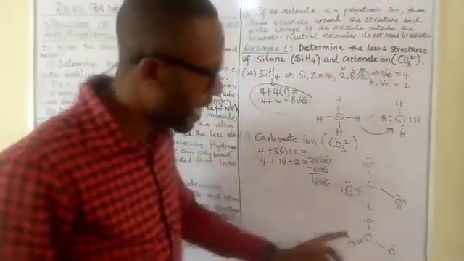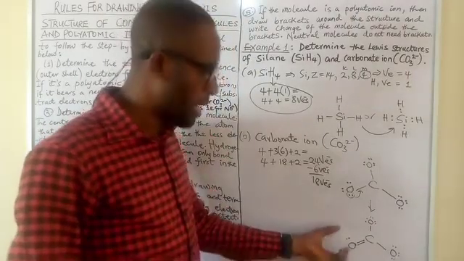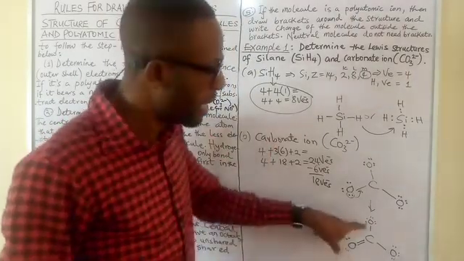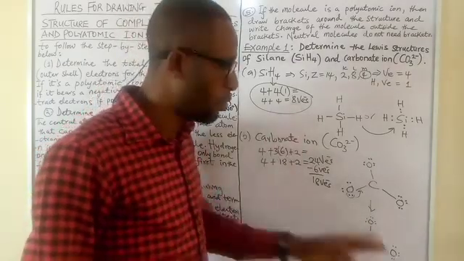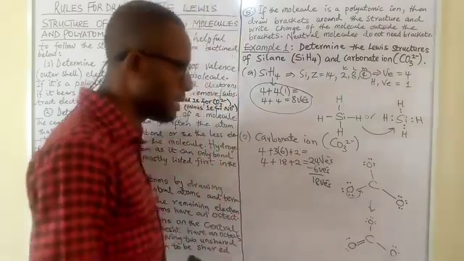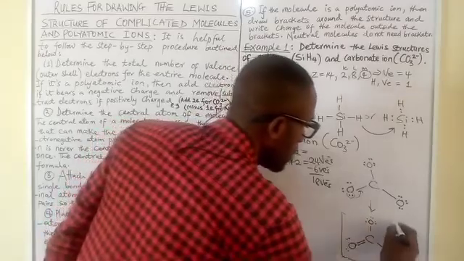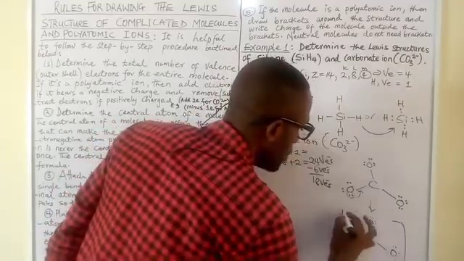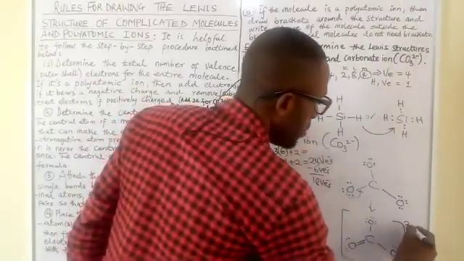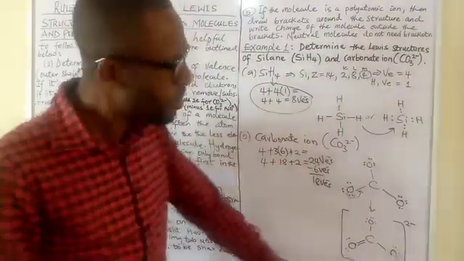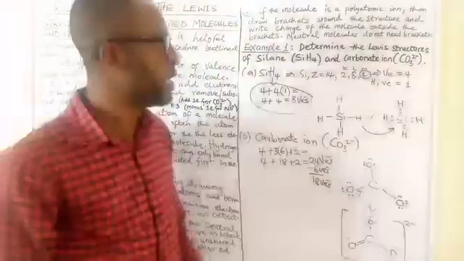Pay attention to the fact that whenever you have a double bond coming out from oxygen, you now have 2 lone pairs remaining. When I have a single bond coming out from oxygen, that oxygen will carry 3 lone pairs of electrons. Pay attention to that. It is a dynamics that is important. So the next thing you are going to do is to place this polyatomic ion in a square bracket and ask yourself, what net charge did you have ab initio? 2 minus. Now we have gotten the Lewis structure of this carbonate ion.